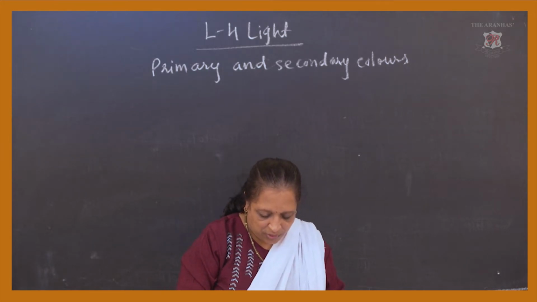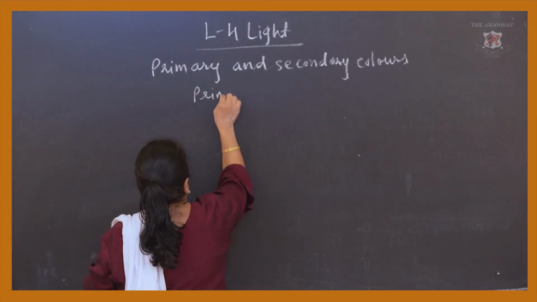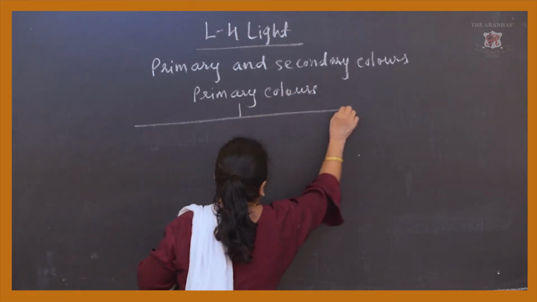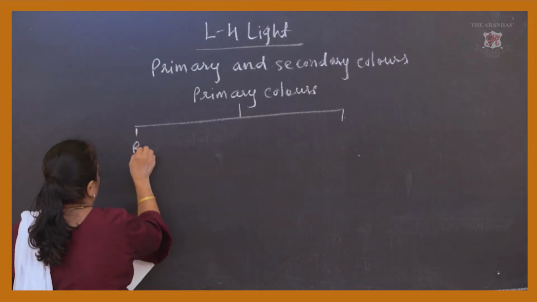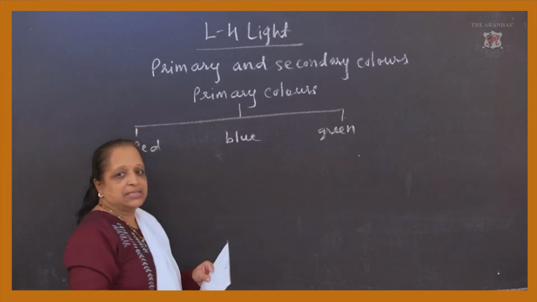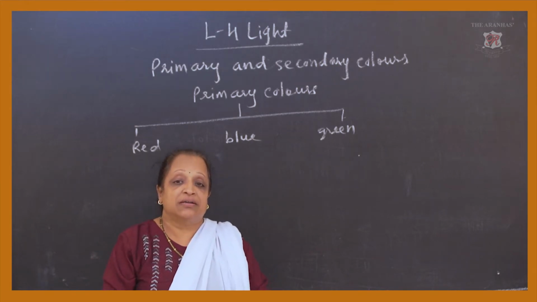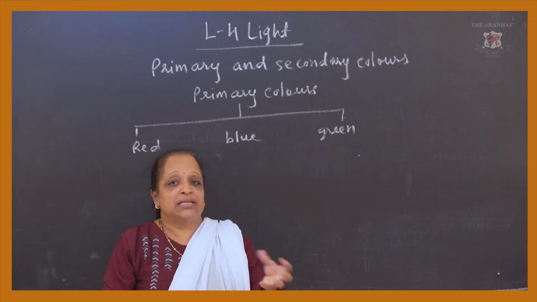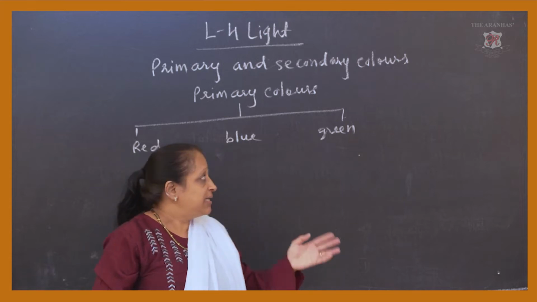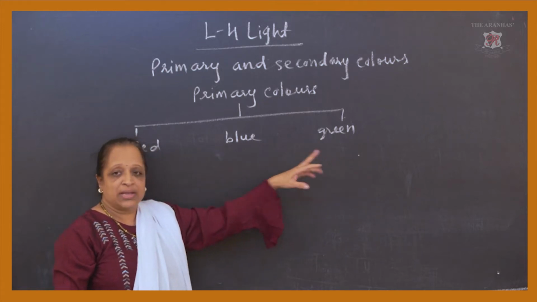So here when we are talking about the colors or the combination of the colors, I will first take the primary colors. In that, as I told you, red, blue and green. These are the three colors which we have chosen for our combination or when we are mixing the colors. So primary means it is a basic color which we have chosen to have the effect of the other colors, that is when we are having a combination of either red and blue or red and green, blue and green and so on.